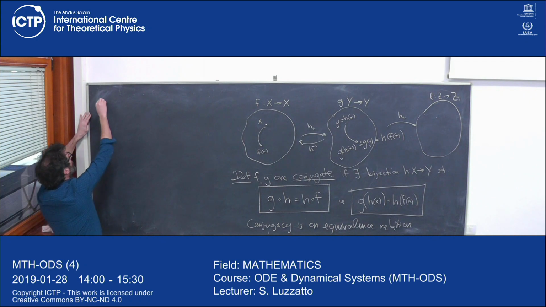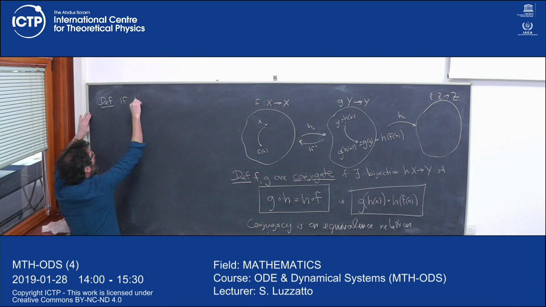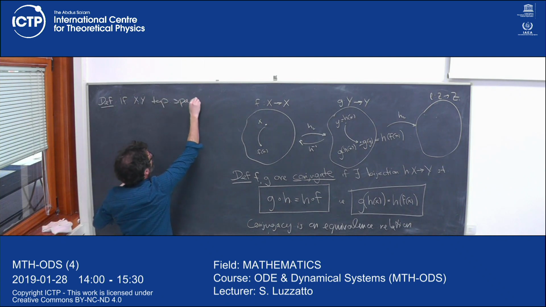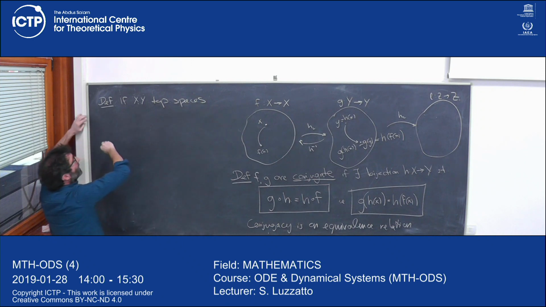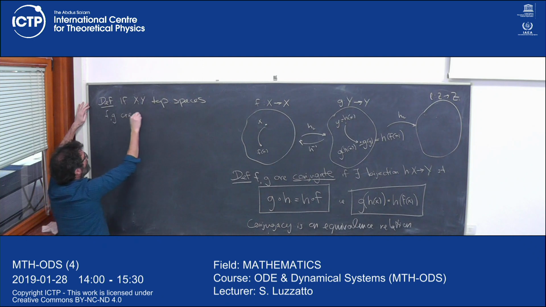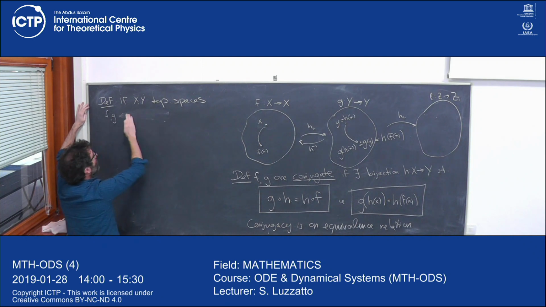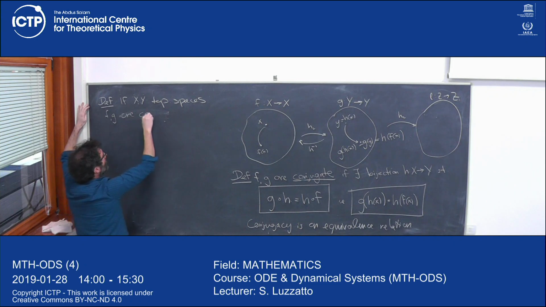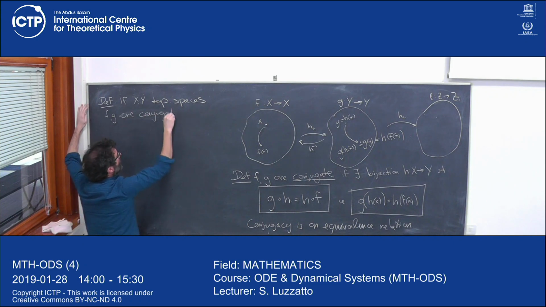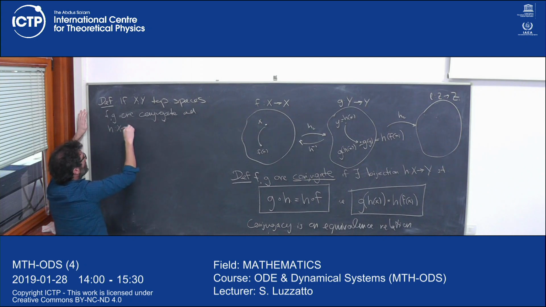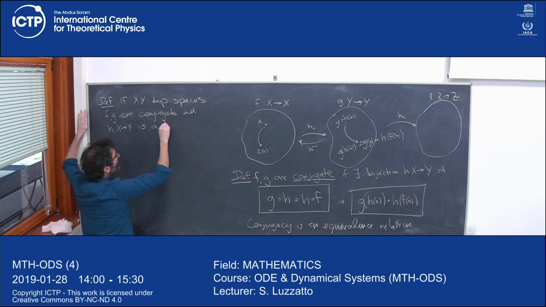So, let me say again, if X and Y are topological spaces, and F and G are conjugate, and H is a homeomorphism,